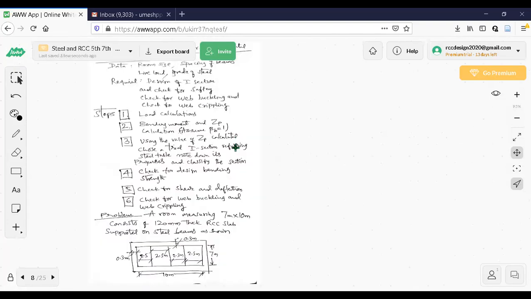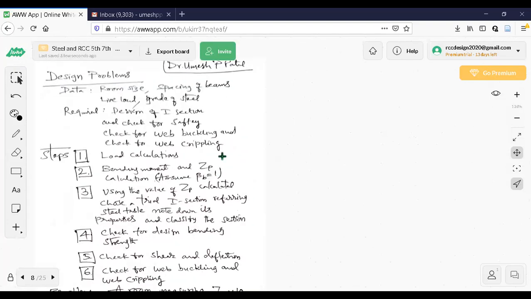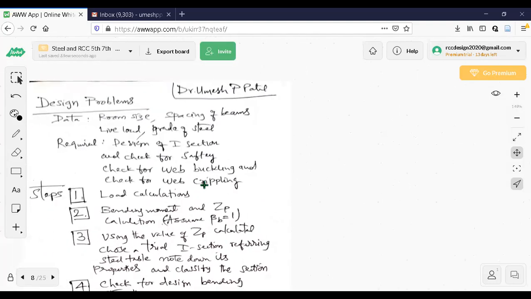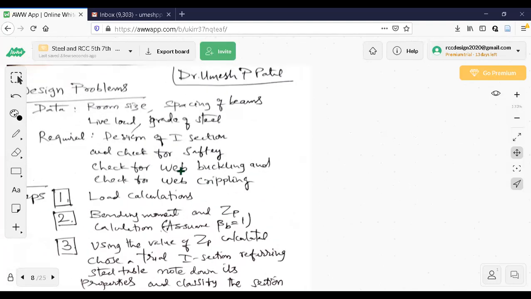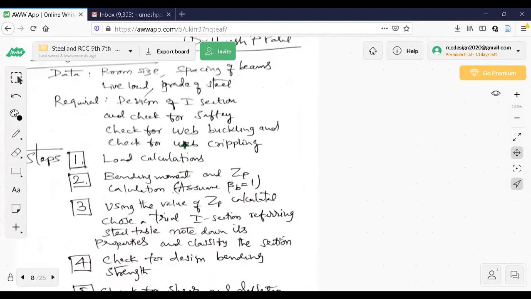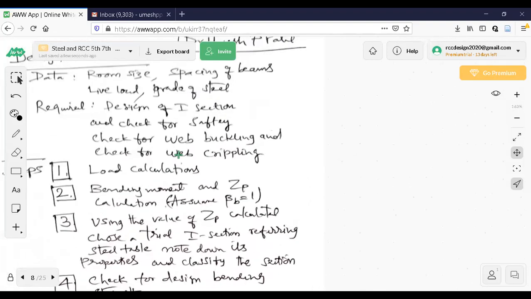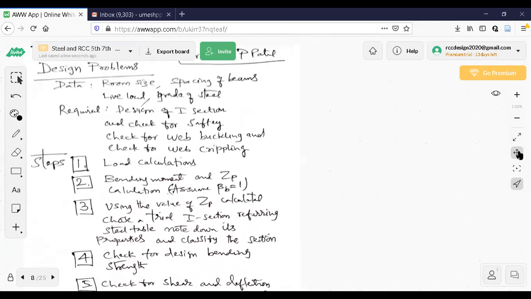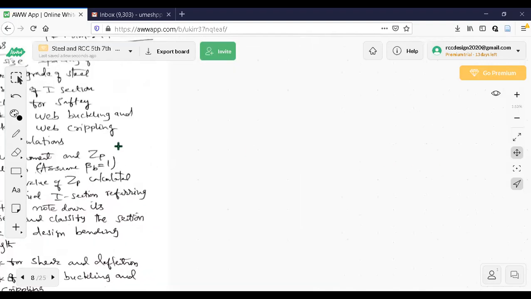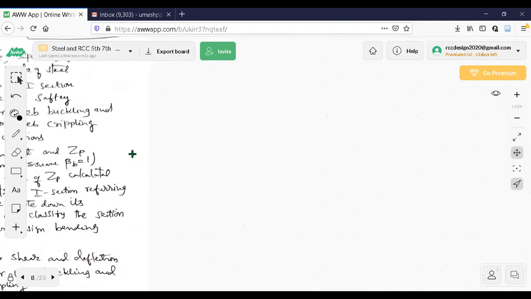Now see this one here. This is just a revision of beam design in steel structures. Observe here. Now, how do you design a beam? The simple question is how you design a beam. What are the things that you need? Whether it is RCC or steel, how is it designed? Now observe here. I will show you how a beam is to be designed. It is common to both RCC as well as steel.